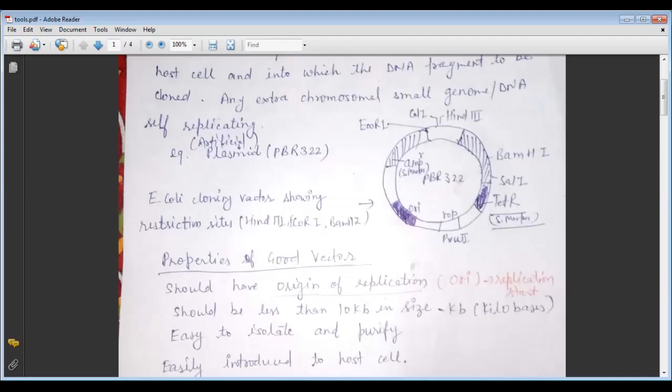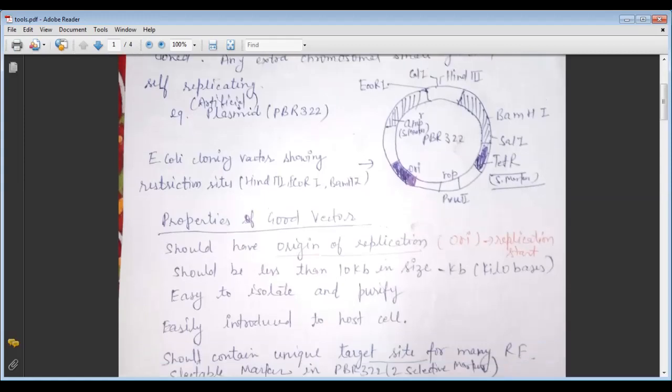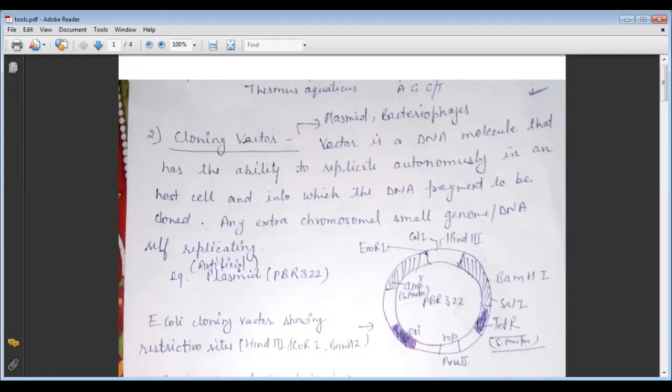selected out from the non-recombinant ones by plating the transformants on ampicillin containing medium. The transformants growing on the ampicillin containing medium are then transferred onto a medium containing tetracycline. Here the recombinants will grow in the ampicillin containing medium but not on the tetracycline containing medium. But non-recombinants will grow on the medium containing both antibiotics. Okay, so this is the cloning site here.